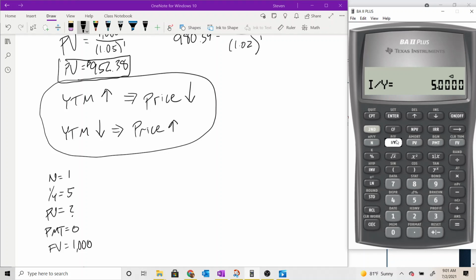So 5 and I/Y. And then I'll just use recall to check the values on all the other keys. Present value can skip over because we're going to solve for that one, so it'll overwrite whatever's there. Can hit recall payment, it's still 0. Recall future value, and it's still 1,000. Of course, if you didn't just work the previous example and that isn't in your calculator, you'll need to enter those values. But once they're entered, we have 4 of the 5 values stored on there. We can solve for the 5th. In this case, present value, by hitting compute present value. And of course, I'm getting that same